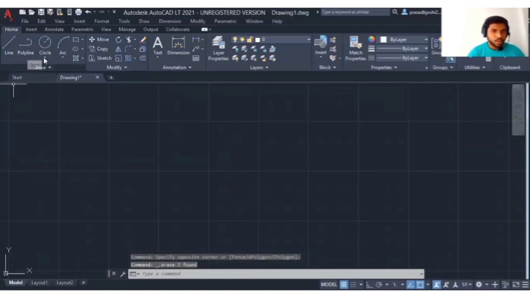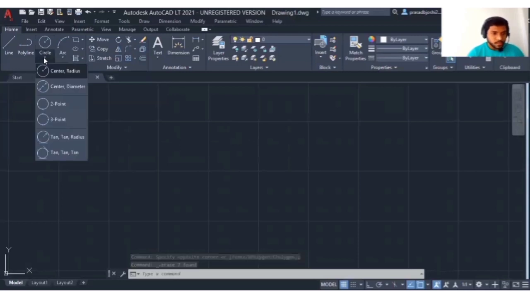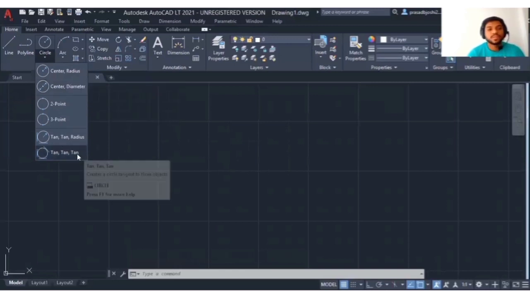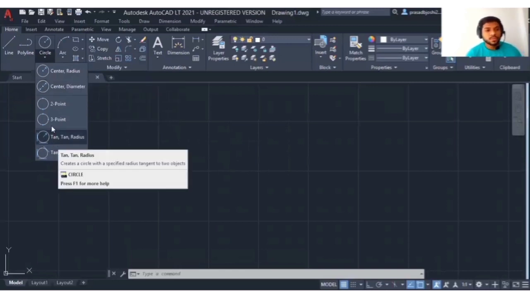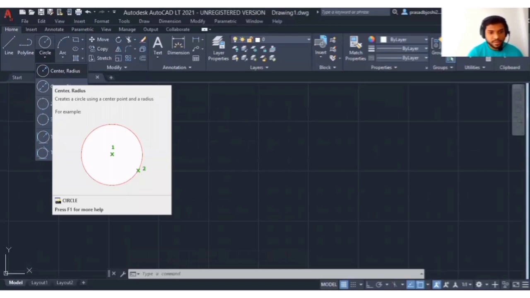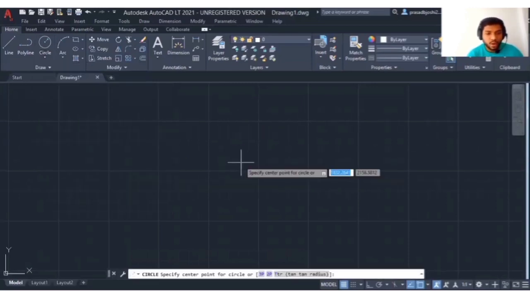So now let's move to the circle command. In circle we have center radius, center diameter, 2 point, 3 point, tan tan radius, tan tan tan. This tan is tangent. So let's see one by one. First let's see the center radius circle. Select center radius. We have to specify the center point. On the command bar it shows what we have to do next.